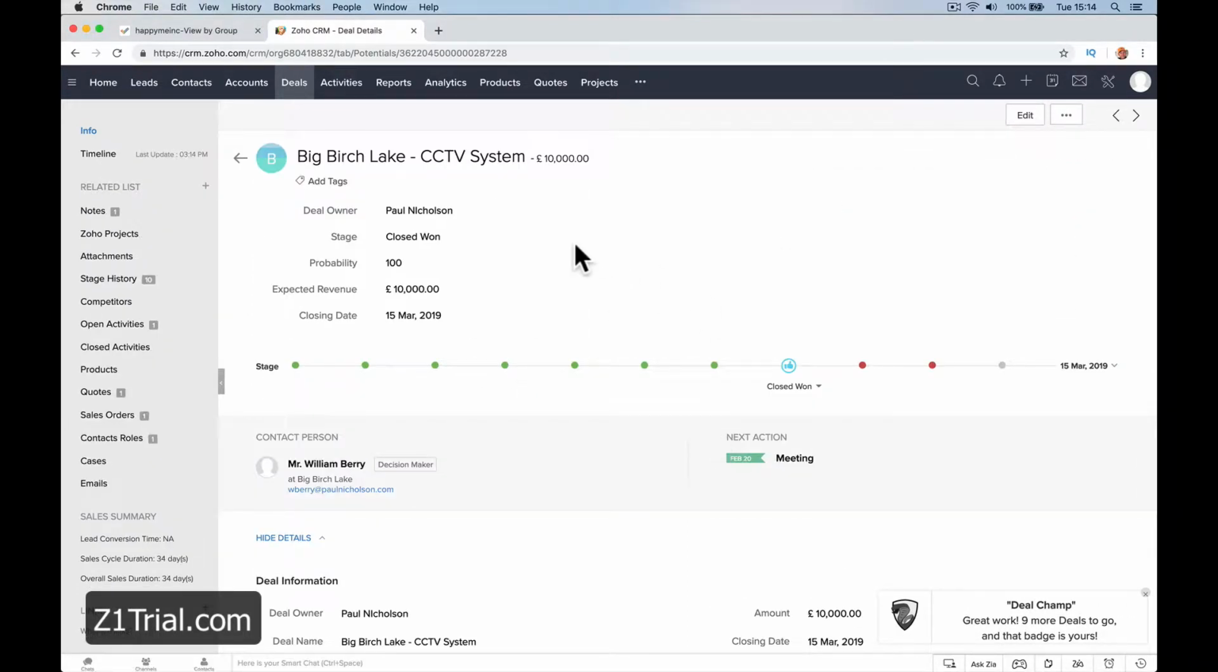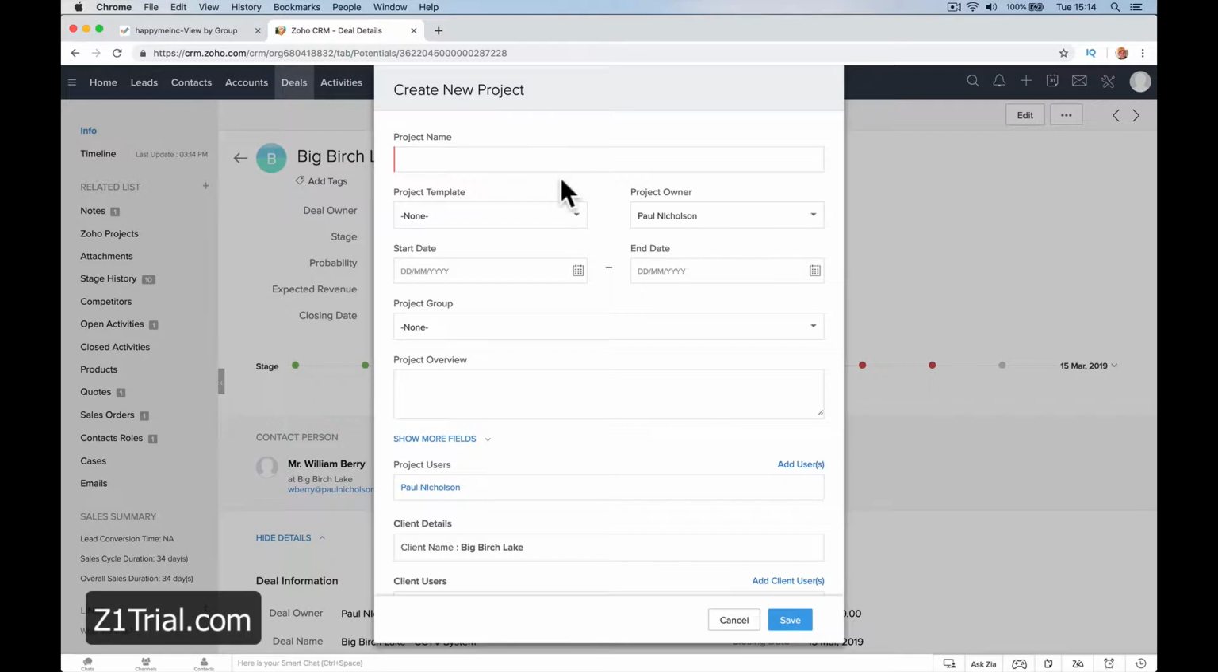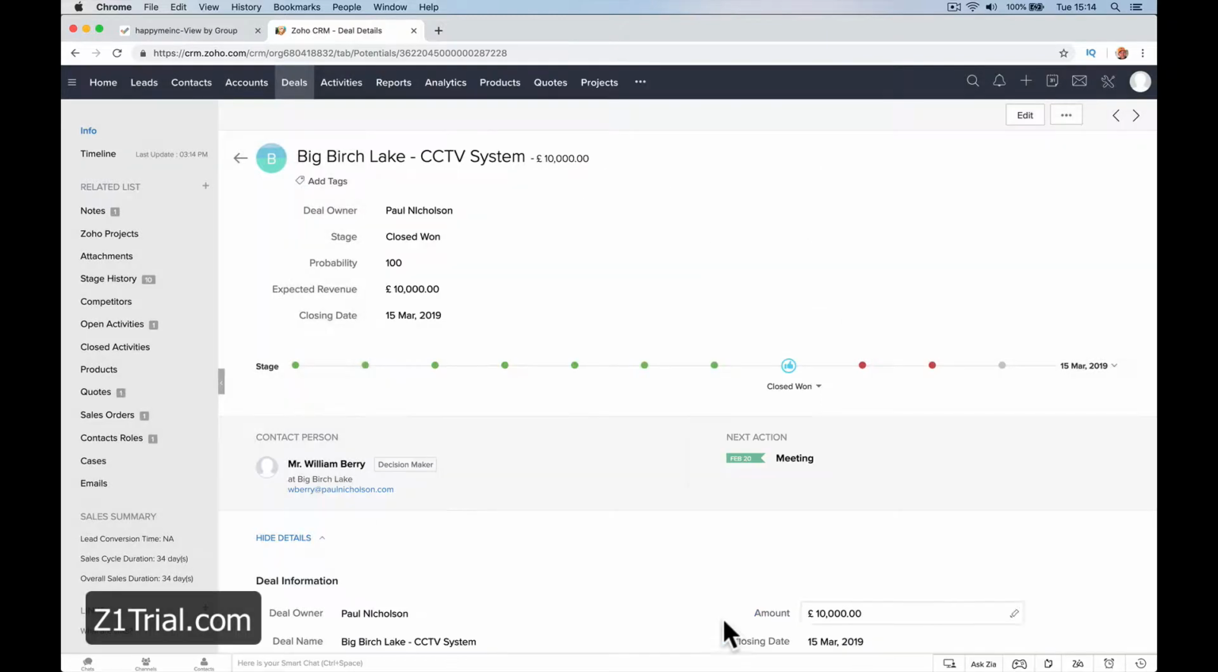So once the customer's signed off, you're going to create a project here. Look, Zoho project, create. And it's going to come up: project name, project template. If you've got templates set up, I haven't got any set up. But if you're a security company, you probably have one for CCTV systems, for fire alarms, for burglar alarms, automatic gate. You probably have project templates set up for things that need to be done all the time, right? So I'm just going to say this, it's Big Birch Lake CCTV system, right? So I'm going to go add a project,